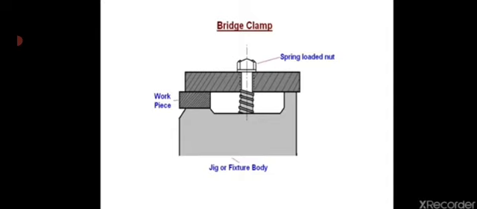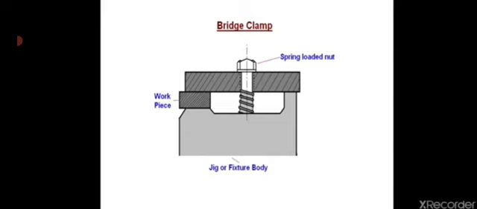In breech clamp, the clamping force is applied by the spring loaded nut. The relative position of the nut and the point of contact of the clamp with the work and the other outer support is important. The nut must be nearer to the workpiece contact end than the outer support end for a large fraction of the force to be transmitted to the workpiece. The spring is provided for automatic lifting of the clamp when the nut is loose to